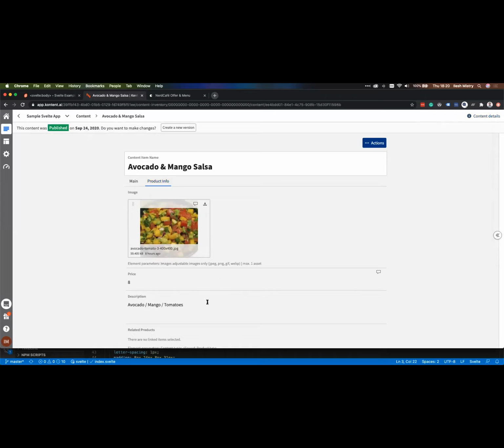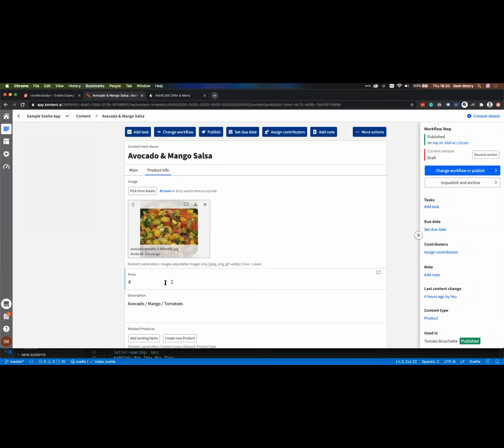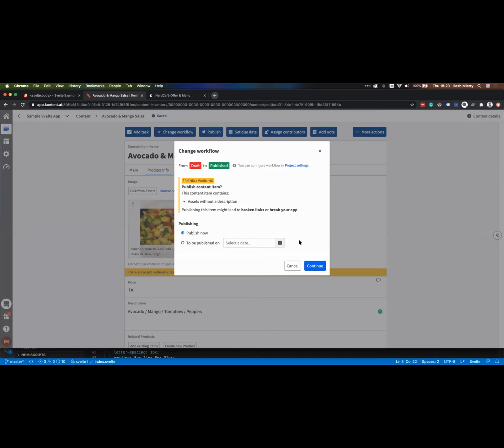So the idea here is, if I was giving this to a client, I could get them to say, okay, let's ask you to start making changes. So we can go ahead and amend the price. Let's go for 13, 14 pounds. And let's say we've got peppers in here as well. I'm just going to publish this